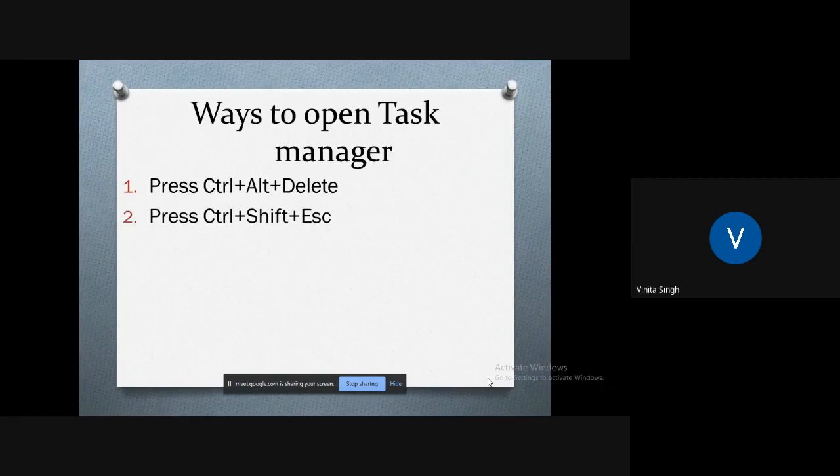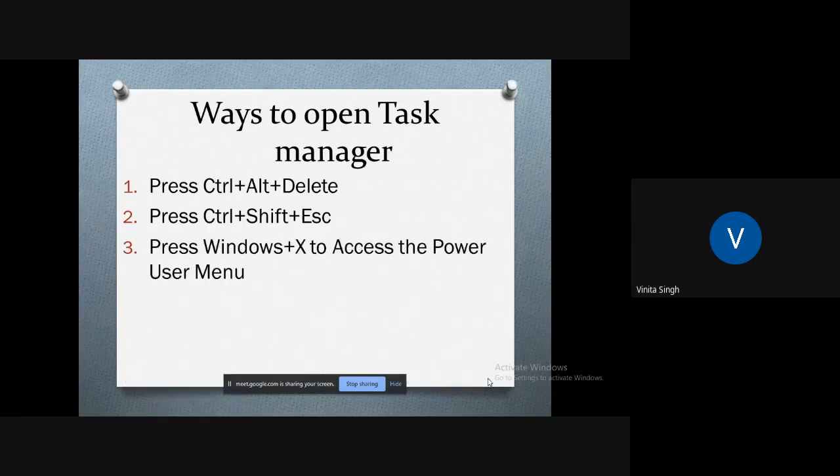The second way is to press Ctrl Shift Escape. This is the quickest way to bring up Task Manager. Assuming your keyboard is working, just press Ctrl Shift Escape. As a bonus, this offers a quick way to bring up Task Manager while using remote desktop or working inside a virtual machine.